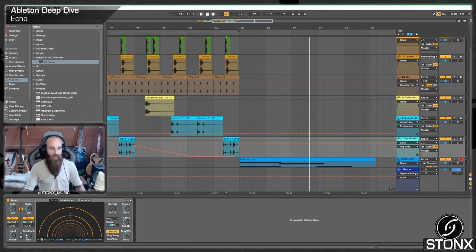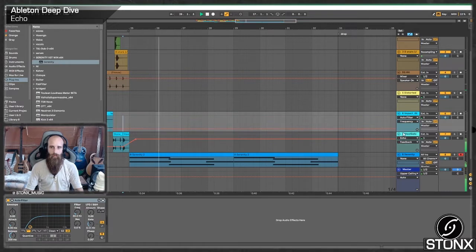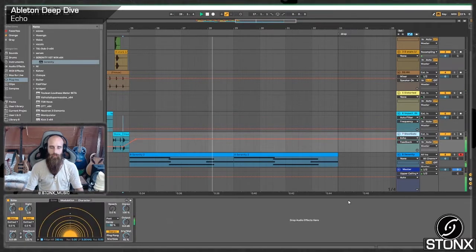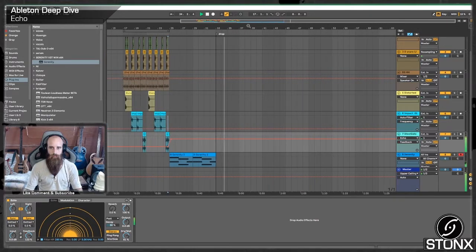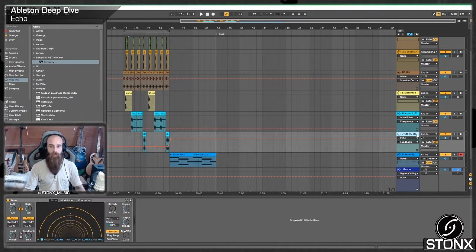inevitable next build-up is take this feedback, and once we take it above 100%, see there's 100, once you start going into this up to 150, it's going to be self-oscillating. You can see here it just starts going a little bit mad, so we'll take it up. Quite a nasty noise because it's doing that self-oscillating kind of nasty frequencies, but this can be really useful if